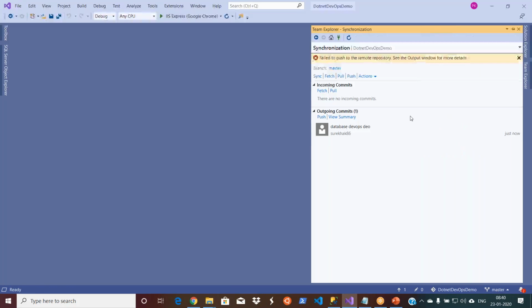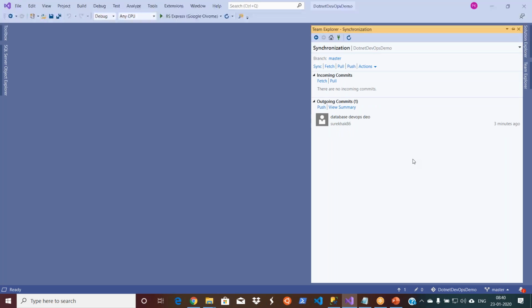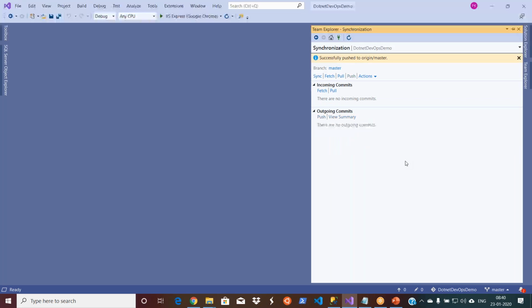Team Explorer, then sync. It is still there in the local, not on the server. You can see here. Now push it. Done. I removed the policies. Now I'm able to check in my code.